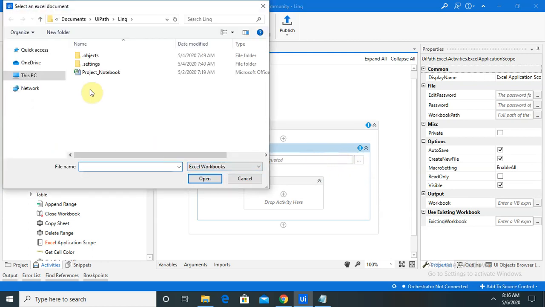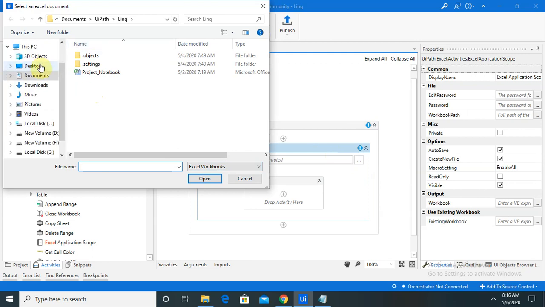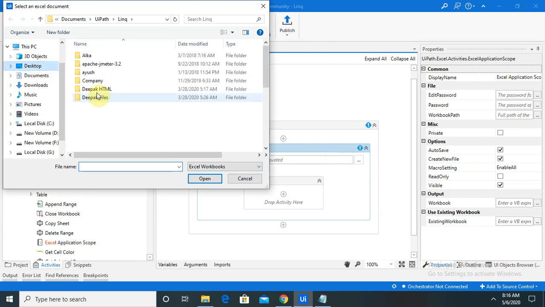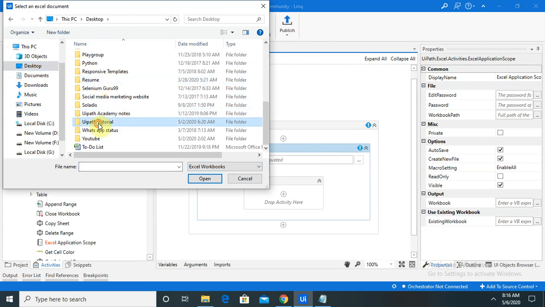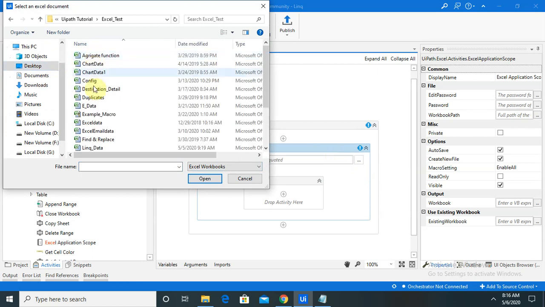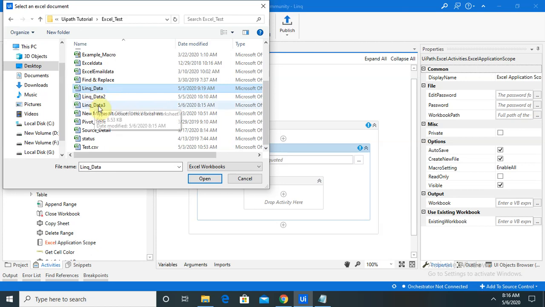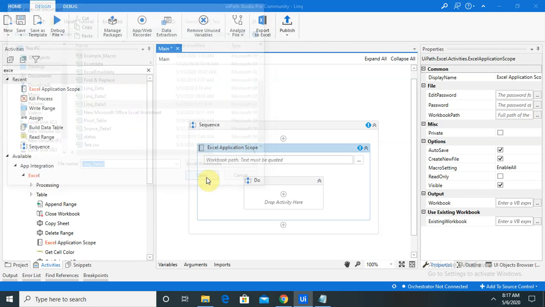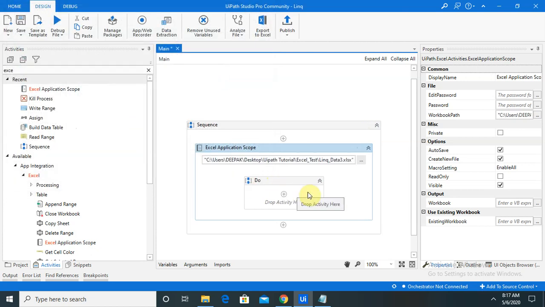So adding the Excel sheet: my Excel sheet is link underscore data 3. You have also seen that I have already deleted my result section. Now you have added your Excel sheet.